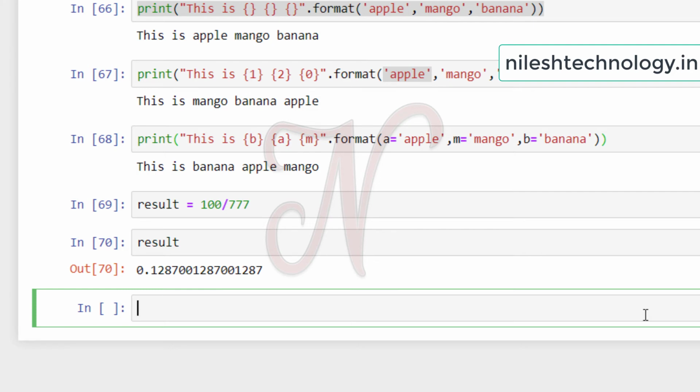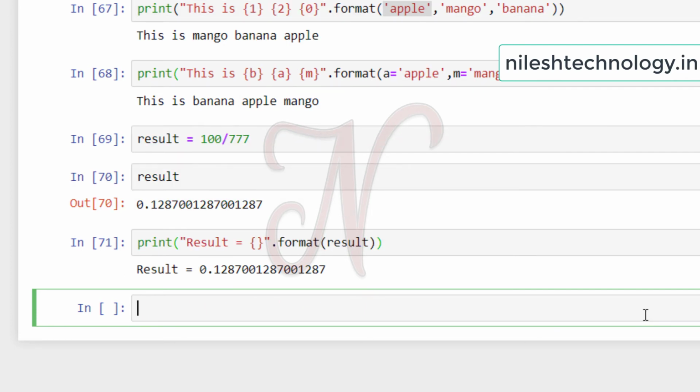And if you try to print this result by using the format function like a placeholder, see here how to use it. Print "result is equal to", here we use the curly bracket, then dot format. Here we can pass the result variable, then if you run this code, my output is "result equal to 0.128700".